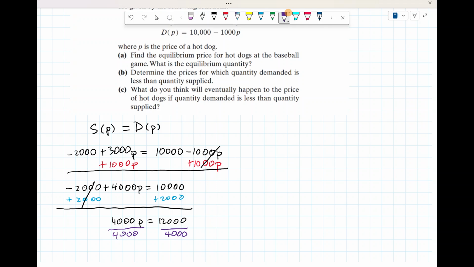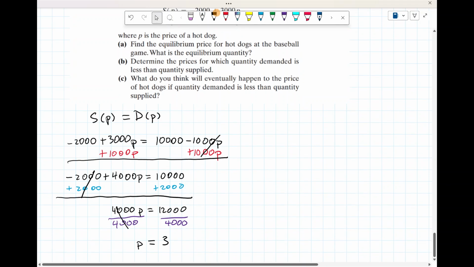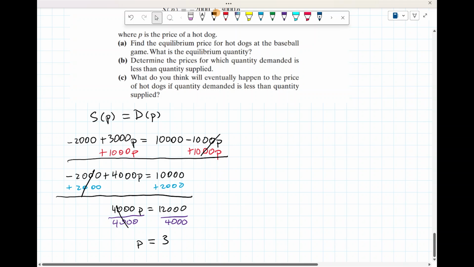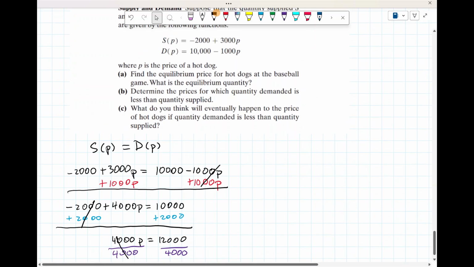And 12,000 divided by 4,000 is 3. So what this is telling me is that the equilibrium price for a hot dog at the baseball game is about $3. At $3,